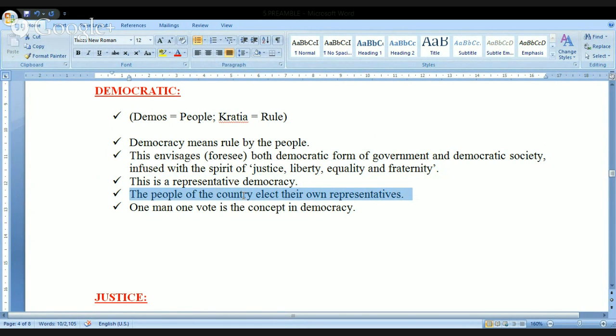And another feature of democracy is one person, one vote. You might have seen in the previous elections, rather in any election that happens in India, each person who is eligible to vote is permitted to cast only one vote. This is another concept in democracy. Okay. Now, let me go to the